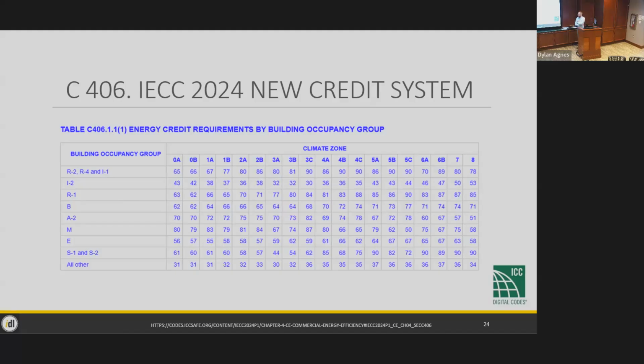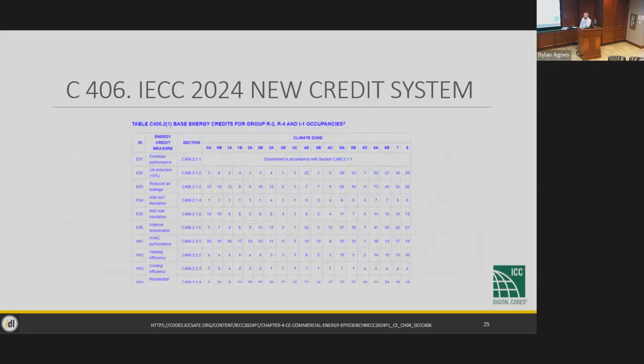Like right now, I'm doing an energy audit on a building. It's got bays for tanks and stuff to work on them, and it's got office spaces, and it's got a lab. Okay. We'll put that under other. So it'll be under all other, and it's climate zone 5B. So that means we need to achieve 36 credits,